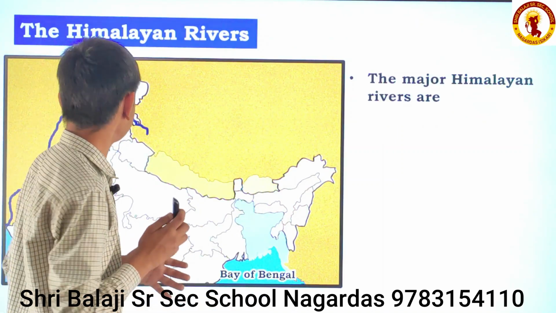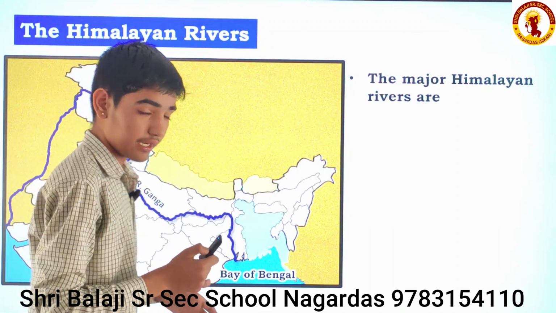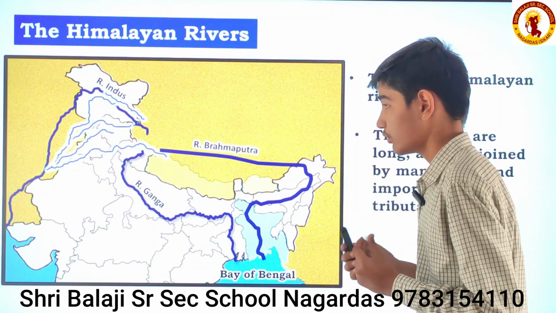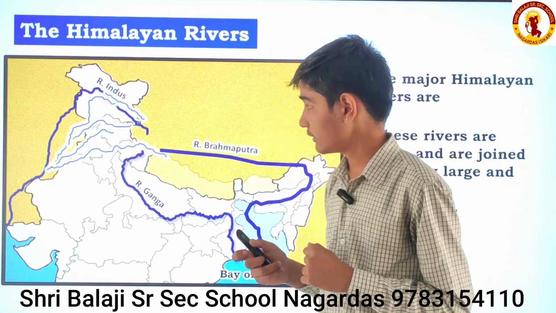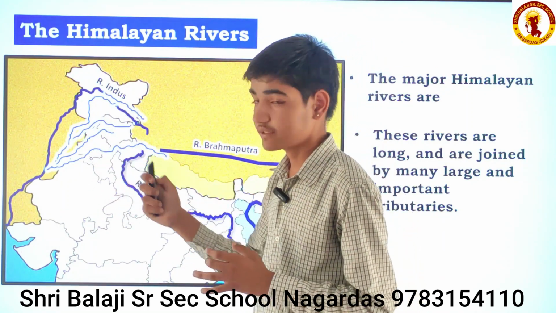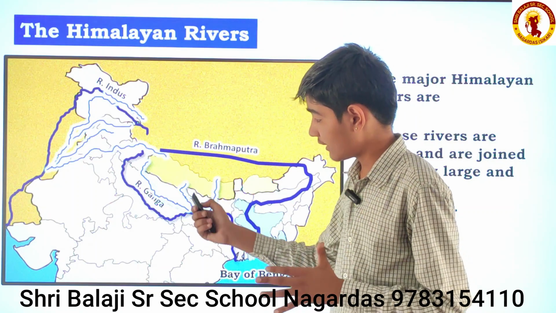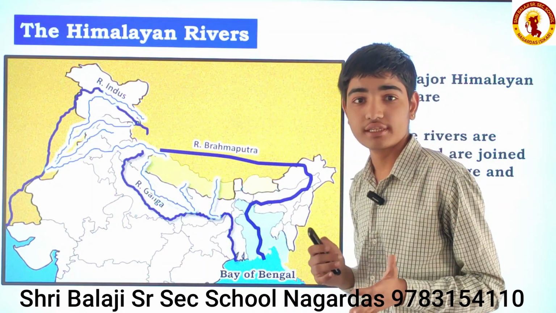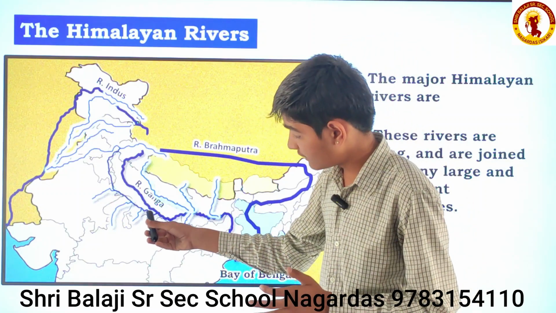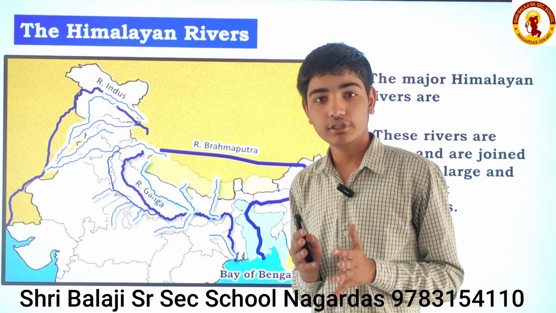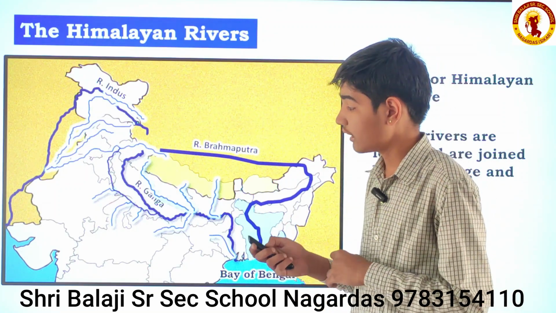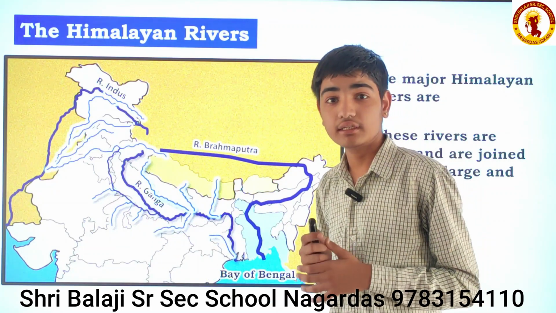The major Himalayan rivers are River Indus, River Ganga and River Brahmaputra. Now I am going to describe their tributaries. These rivers are long because they have a larger amount of water. These are its tributaries, some of which come from the northern side and some from the southern side. For example, this is River Ganga. Its tributaries from the northern side are, for example, Ghaghara, Tista, etc., and its tributaries from the southern side. There is a highlighted river in this. This is the river Yamuna. The river Yamuna is itself a river and also a tributary of river Ganga because it mixes into the Ganga at Allahabad.